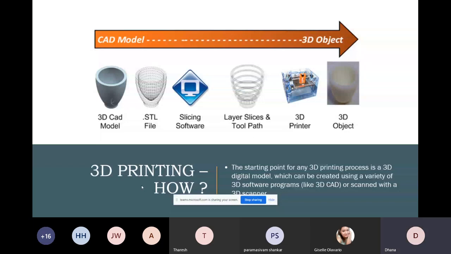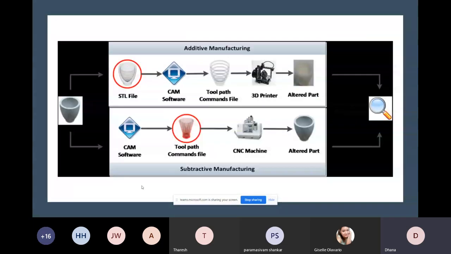The same process is there in subtractive manufacturing also. Your CAD file will be fed into a software called CAM software. There are different CAM softwares like NX CAM, and there are softwares like CATIA. These can be used to convert the 3D file into a tool path and command file. In case of subtractive manufacturing, the file will not be sliced, but it will be converted into tool path. So it will be converted as codes, G codes and M codes.